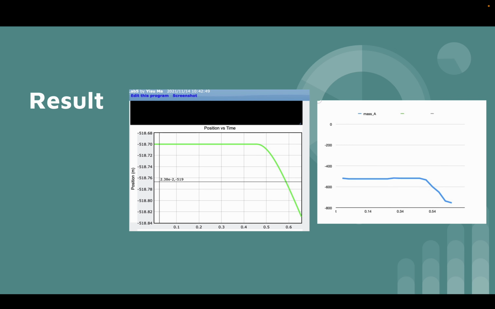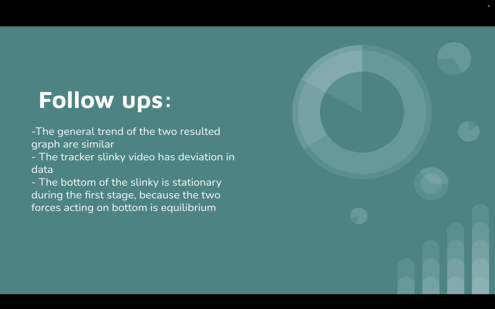Here is my result comparison. Basically, they have the same trend, but the Tracker video has a little bit deviated data, but it proves that our model is correct. Here are the useful follow-ups. As I mentioned before, the general trend of the two resulting graphs is similar, and the Tracker slinky video has deviated data, but the main